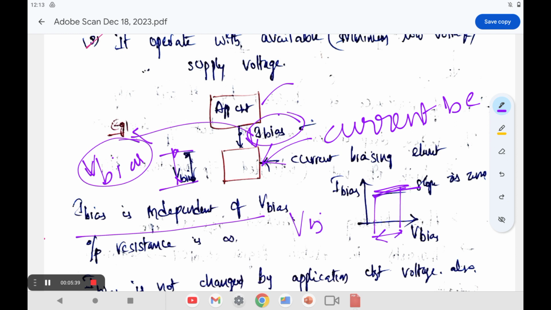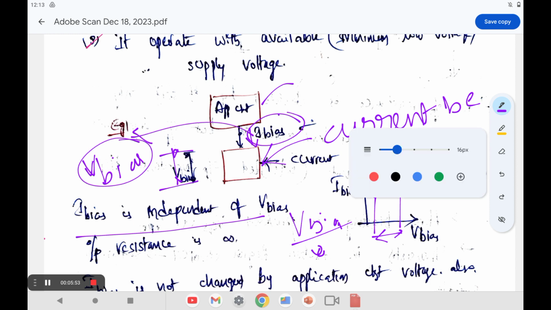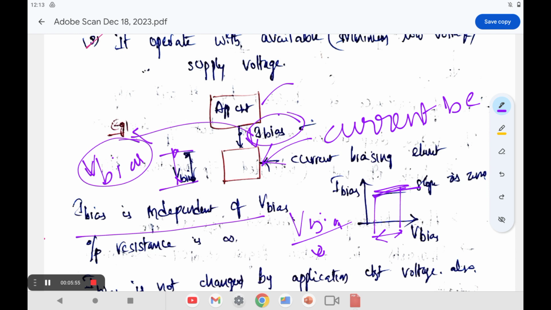So for some VBS value at the same time, the change in the current is equal to 0 only. If you are taking the change in current as 0, obviously that leads to infinity. That means the corresponding output resistance value is infinity. That is the main thing, right? Now,